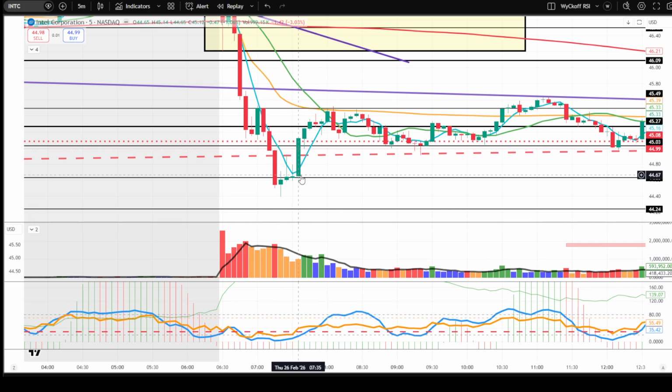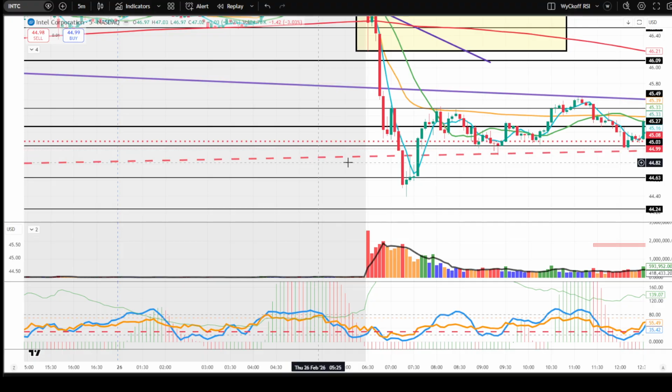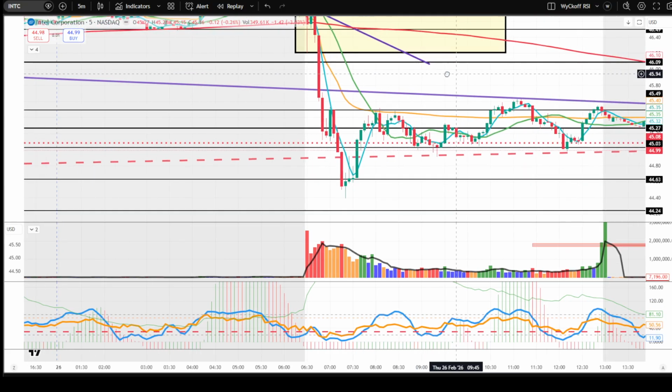RSI started moving up, and so I took a nice trade above the support lines, stopped below this wick, broke right through these resistance levels back into the upward channel range, back into the previous day's high,